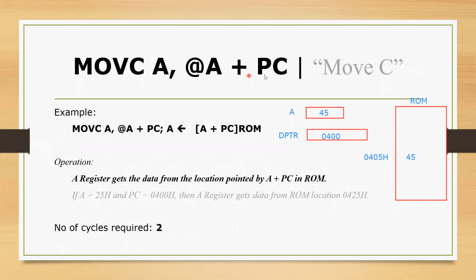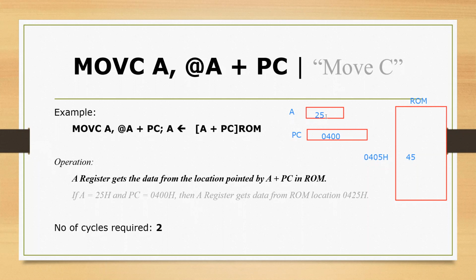Next, MOVC A, @A+PC. Here it is the same thing, but we are using the program counter instead of DPTR. The A register gets data from the location pointed to by A plus PC in ROM.